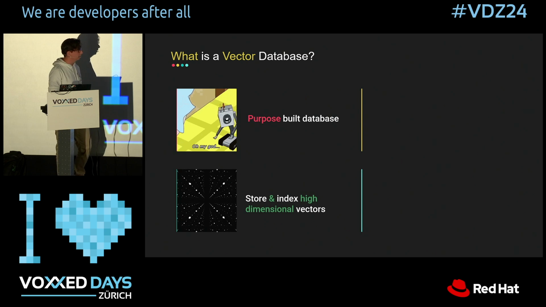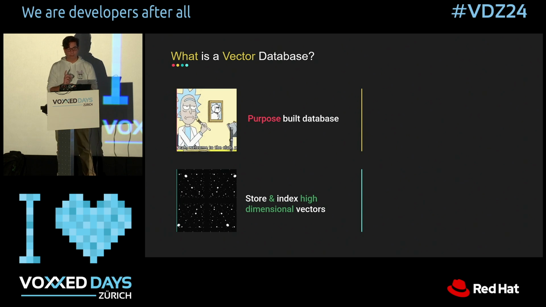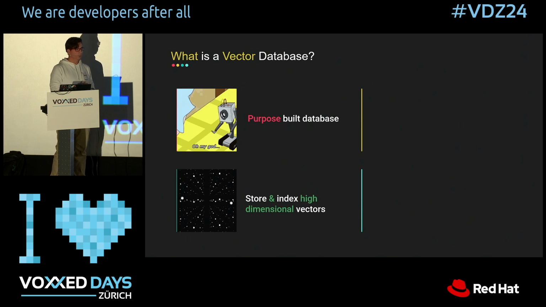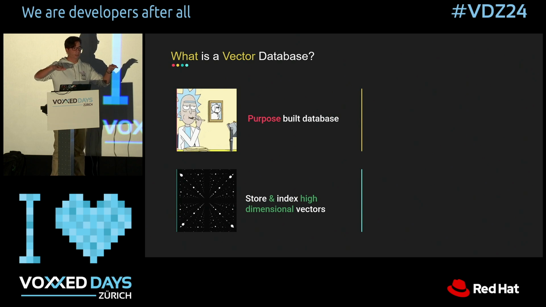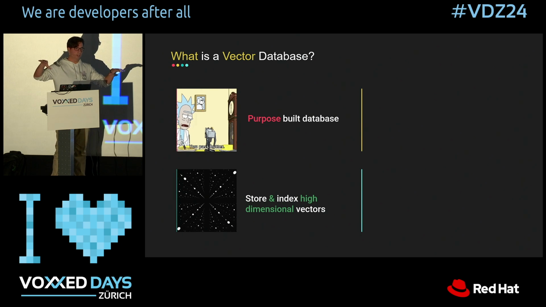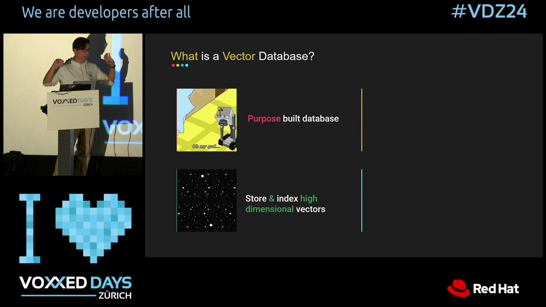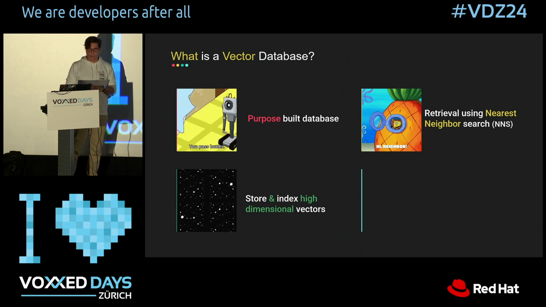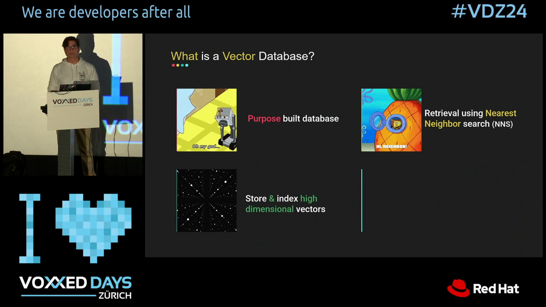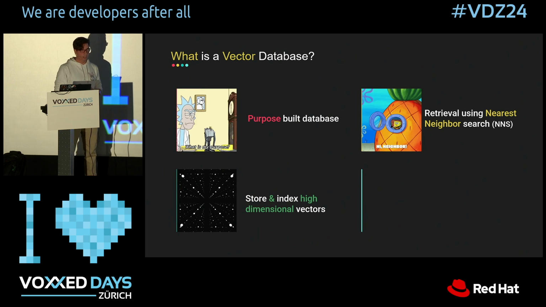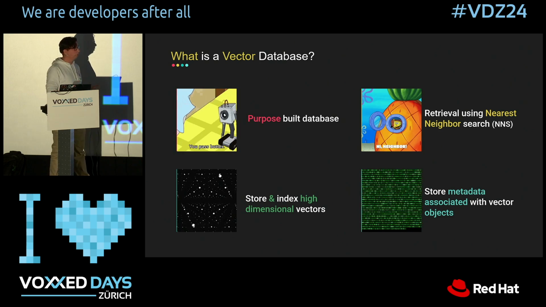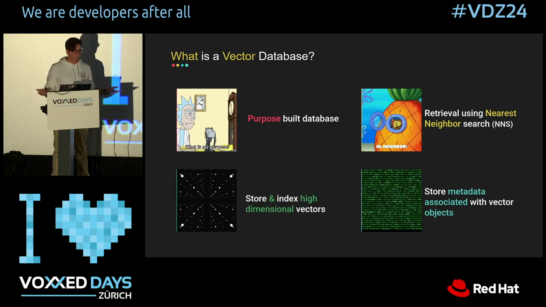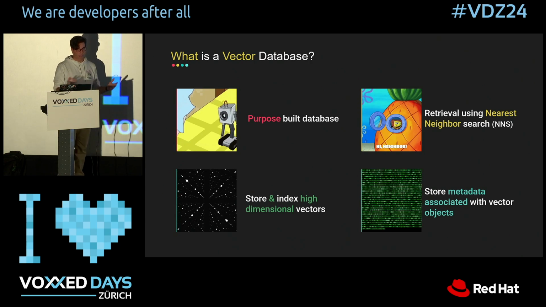It's a purpose-built database. It has one purpose and one purpose only, and that is to store your vectors, and it can store and index high-dimensional vectors. So the trade-off in a vector database is a little bit, okay, how high of a dimensionality do we allow in a database versus how accurate our results are going to be. And most vector databases use so-called nearest neighbor search algorithms to find the vectors that you're searching for, given a certain input. And of course, you can store all kinds of metadata associated with those objects so that you can retrieve whatever you need to build UIs and things like that, or build applications.